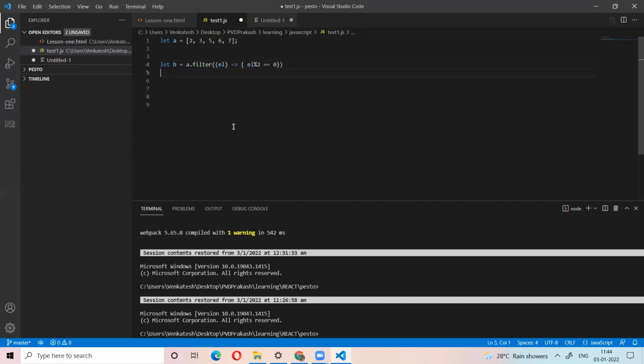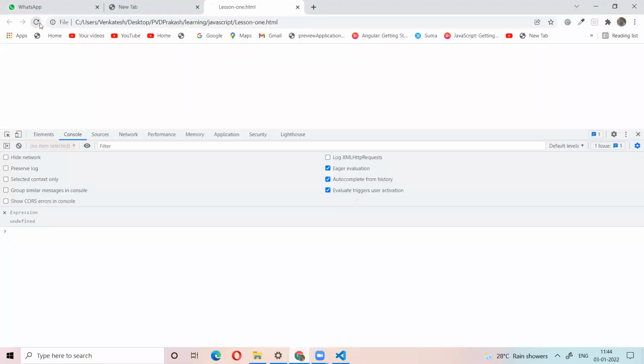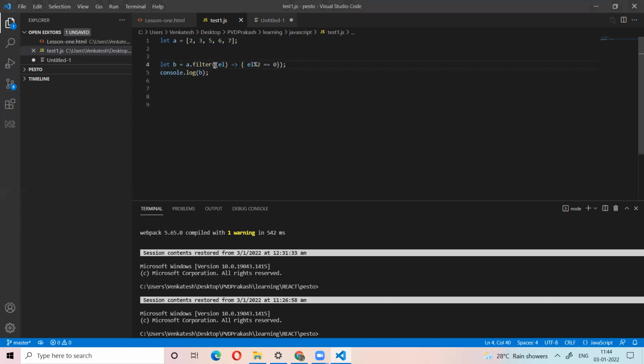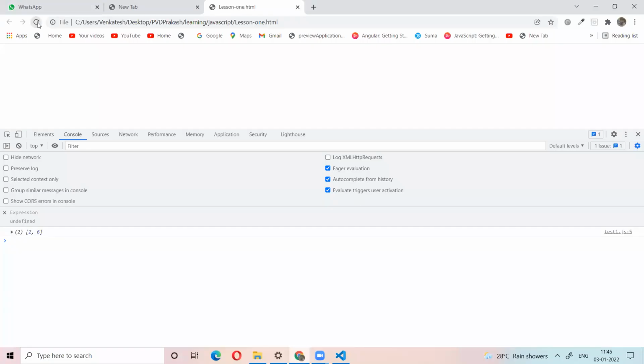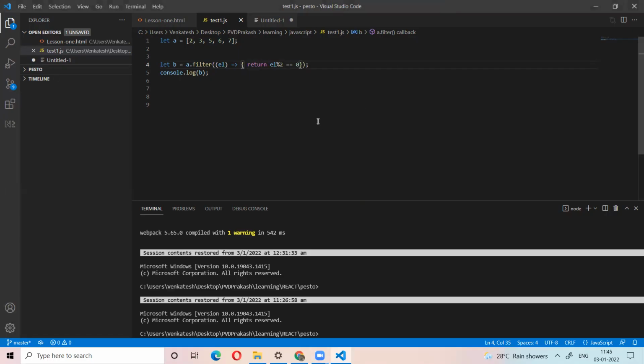Let's see. We use the return or not. Let's see. Okay. So, an empty array. For example, if you want to return 2 comma 6, right?